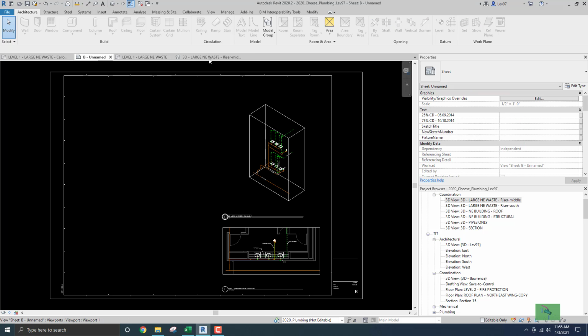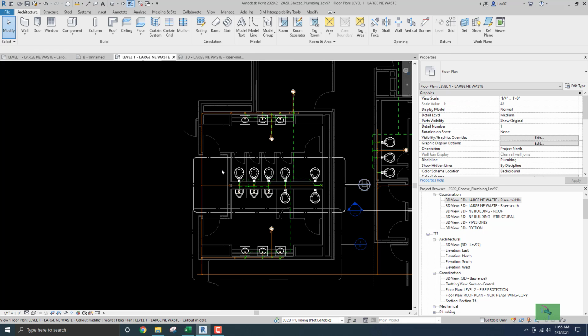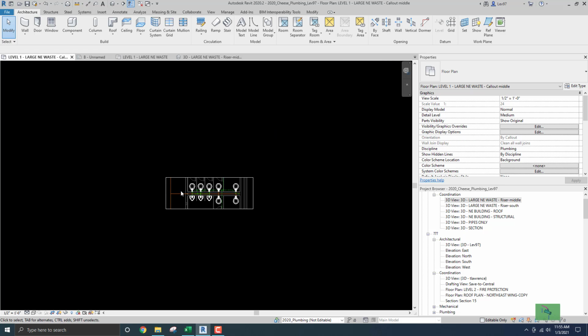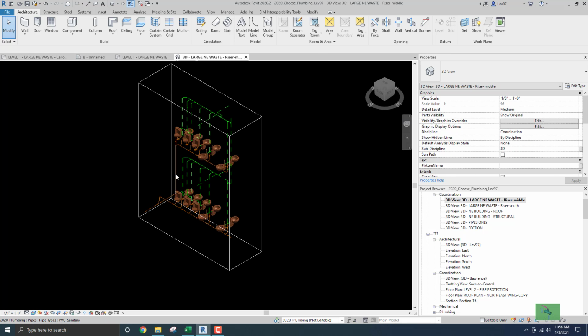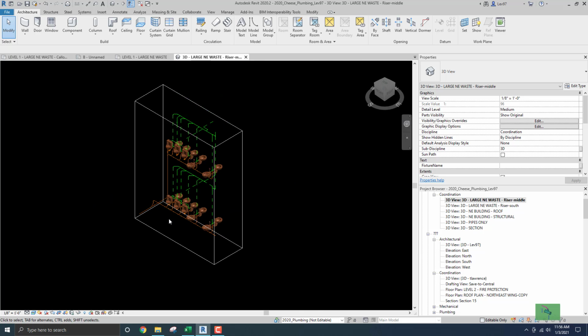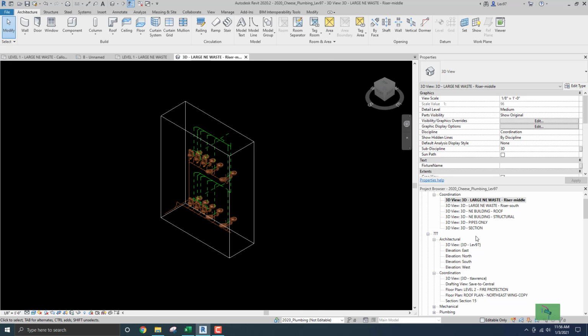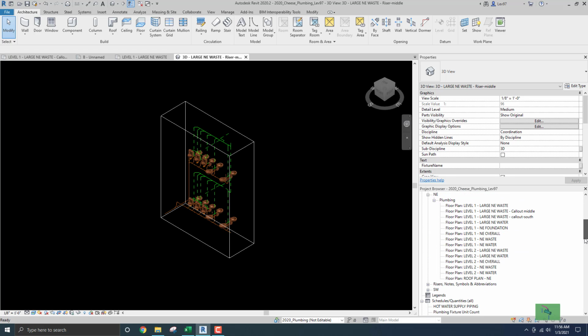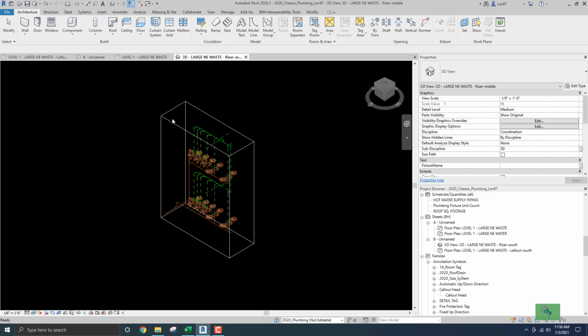This is the, where is it? The middle here. Here's the call out. That's what the floor plan is looking at when I use that boundary, right? That's what that's looking at. So I'm going to put both the call out floor plan and my middle 3D riser on the sheet. Okay, so yeah, I think it was just had to do with maybe I needed to refresh